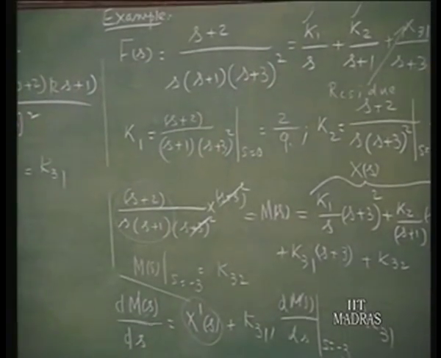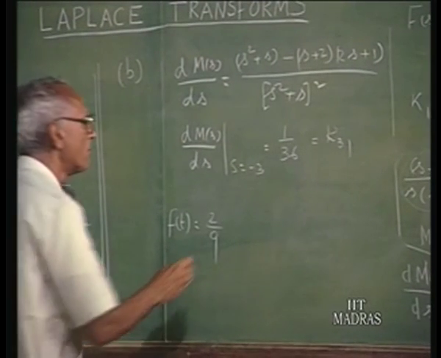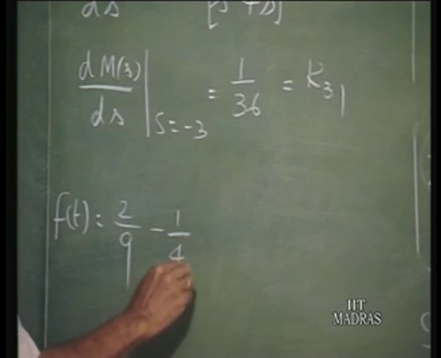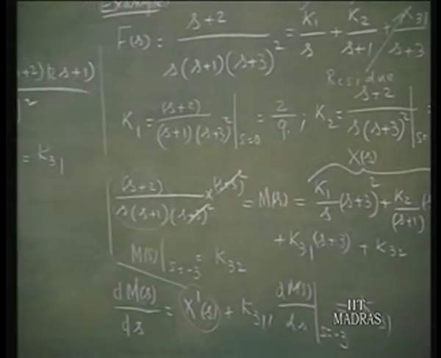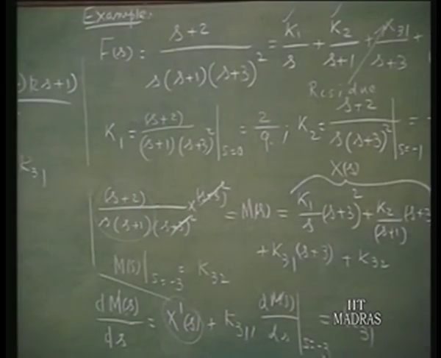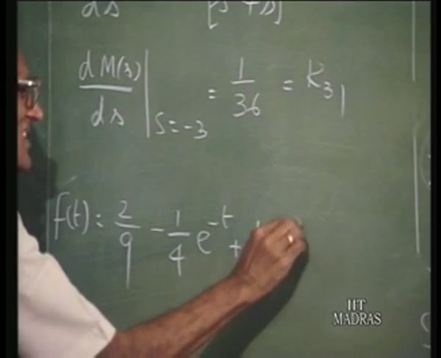Therefore, the inverse Laplace transform is 2 upon 9 times u of t. u of t will come at the end anyway. Minus 1/4 e power minus t corresponding to this term, and corresponding to K31 you have 1 upon 36 e power minus 3t,